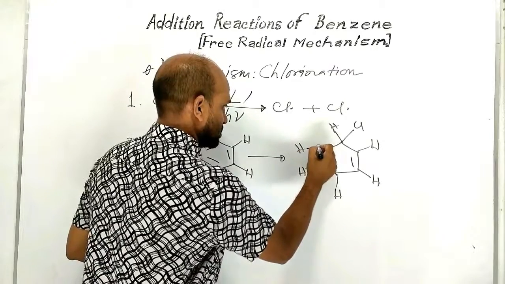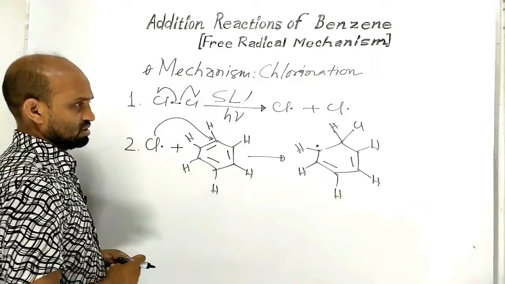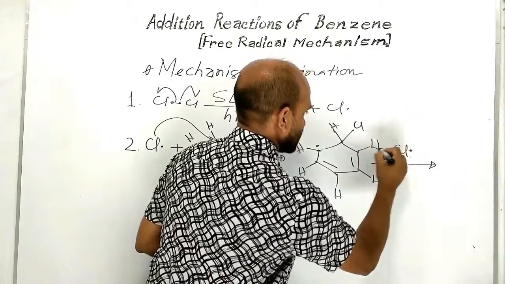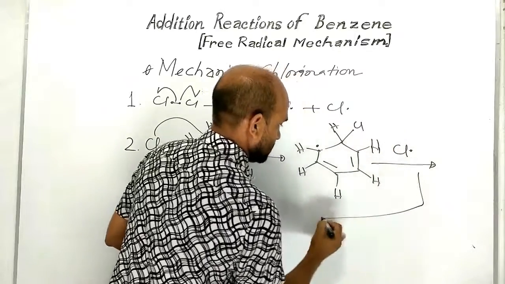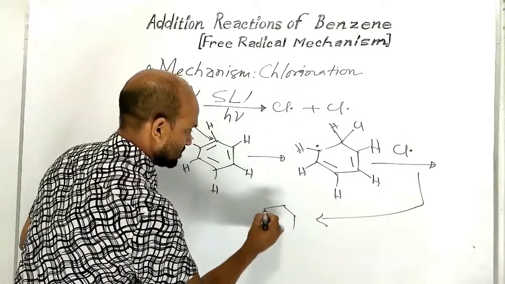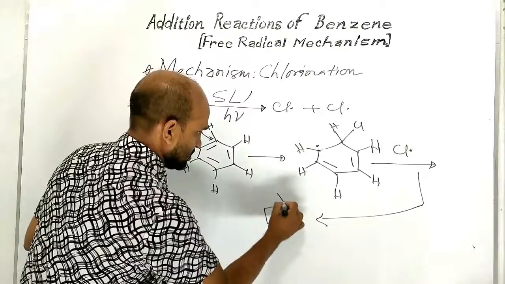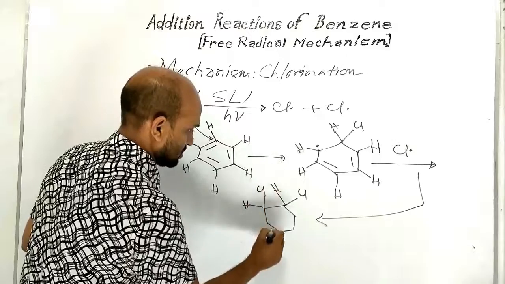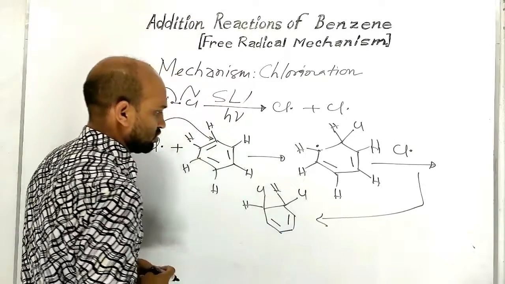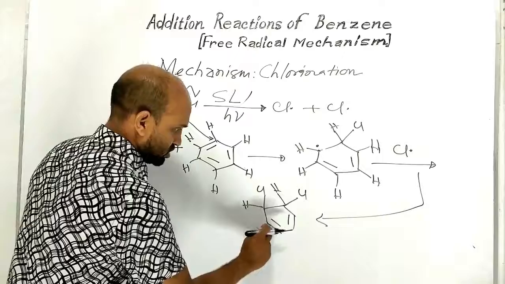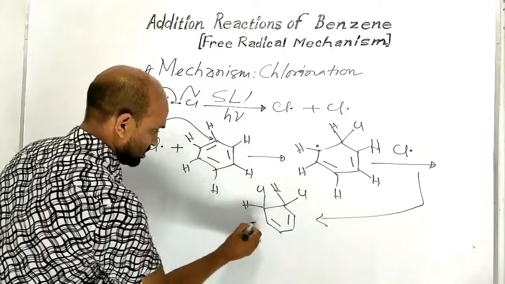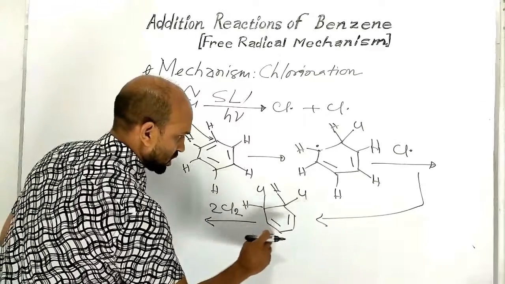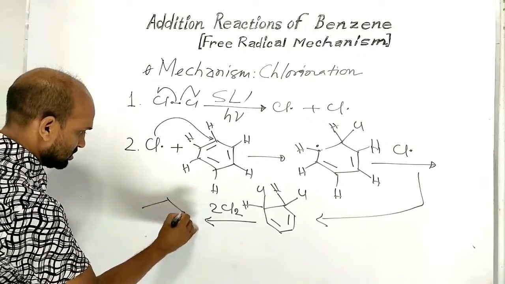This carbon becomes carbon free radical. This carbon free radical of benzene combines with another chlorine free radical, and then we get here double bond, here double bond. For these two double bonds of benzene, another two chlorine molecules combine to these two double bonds. Then we get